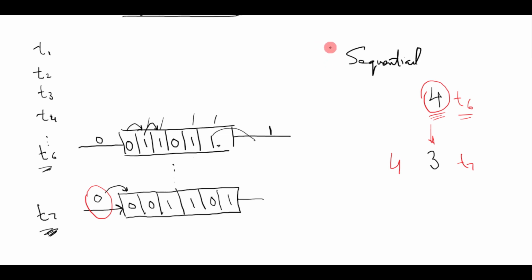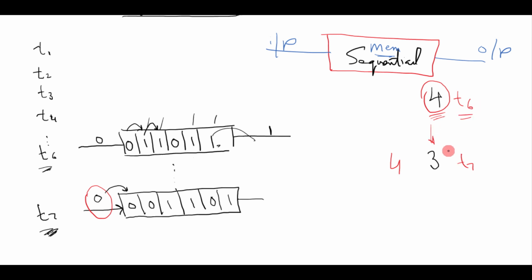In this case, what you have is a sequential circuit which has memory inside to store the state of your sequential machine, in this case the number of ones in this register, and the input. And you will get your output, which is the number of ones at different time instances.